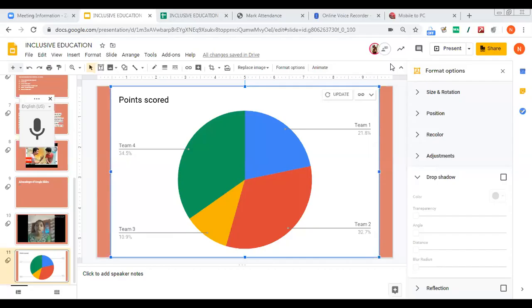Sir, I have shared my file with another person, and I know that person's email ID. I would like to enter the email, but I'm not able to make changes.